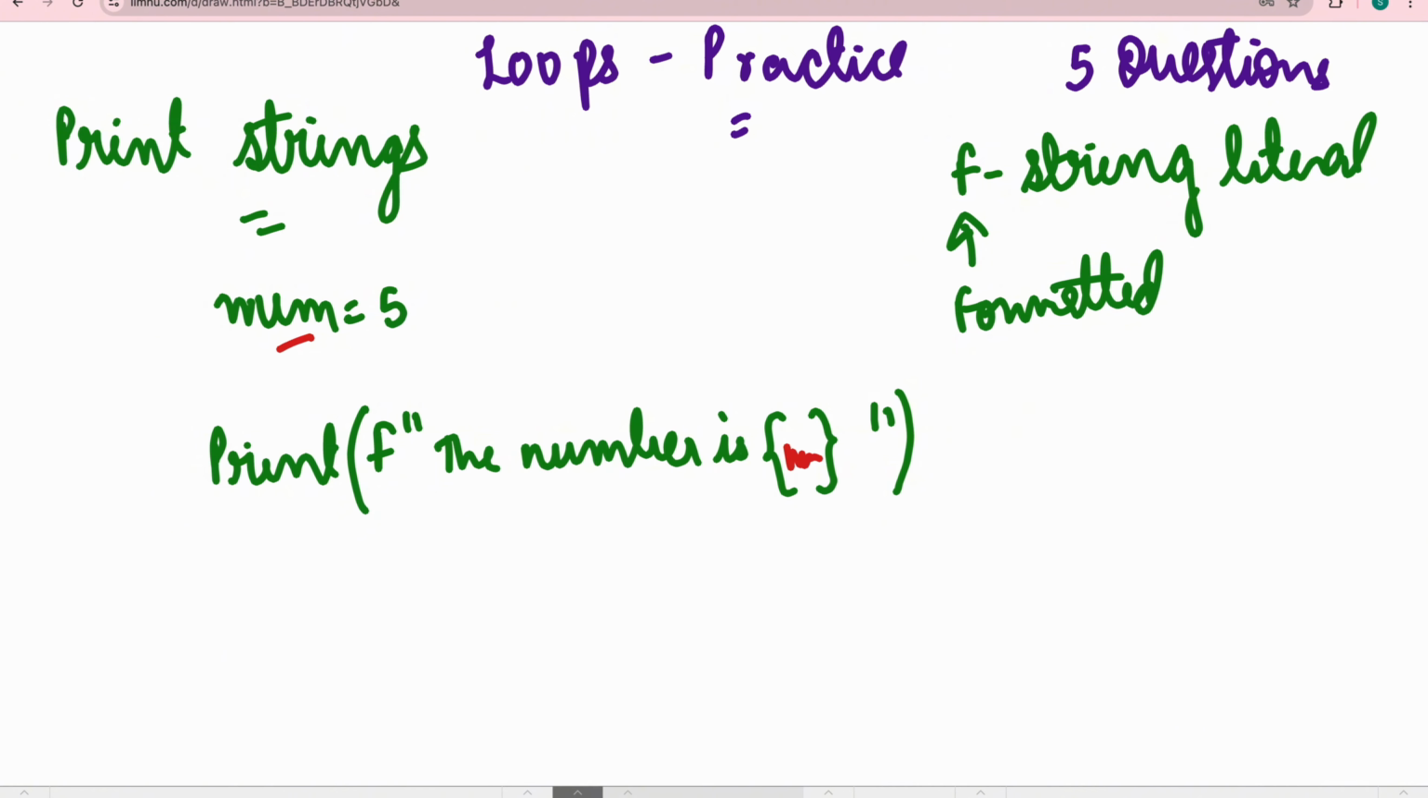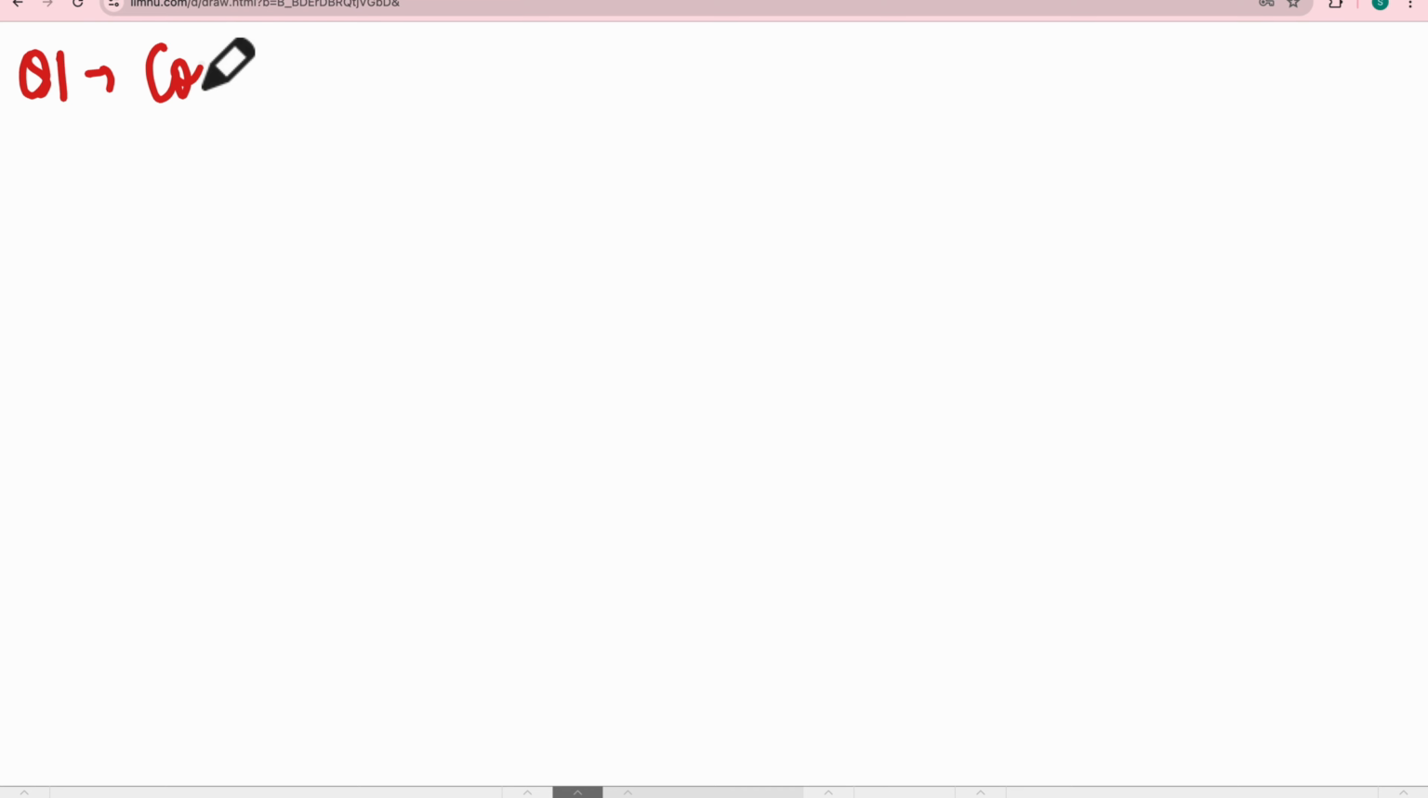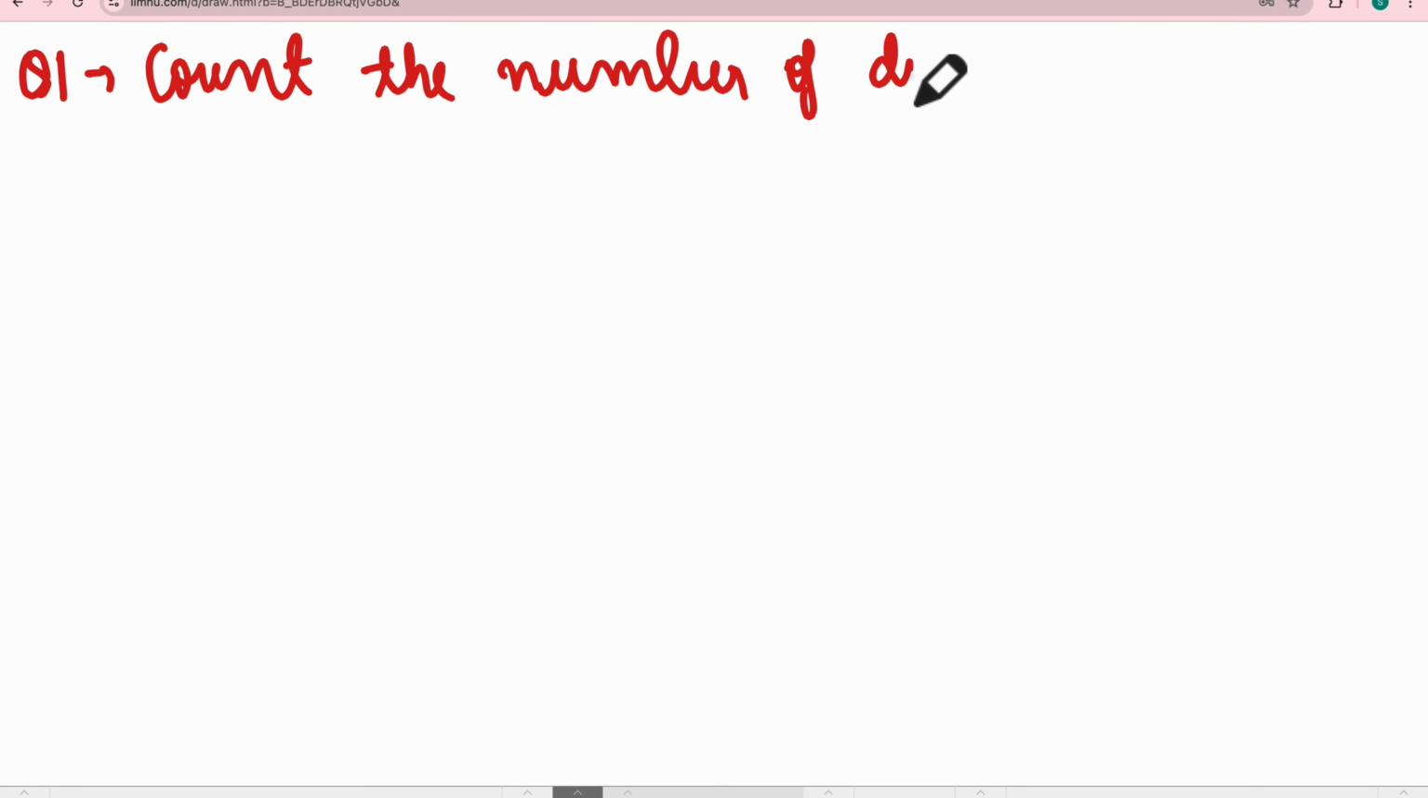Okay, so the first question that we have for today is count the number of digits in a number. So the question that we are going to solve at first of all, it is count the number of digits in